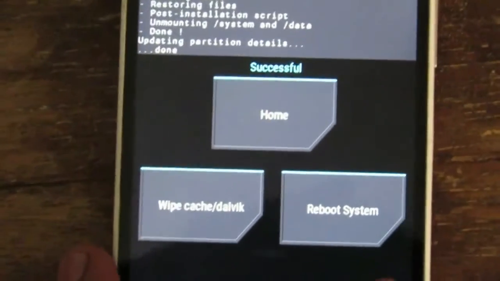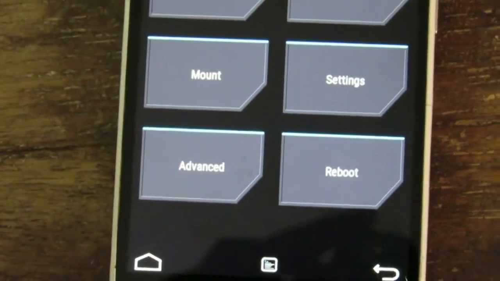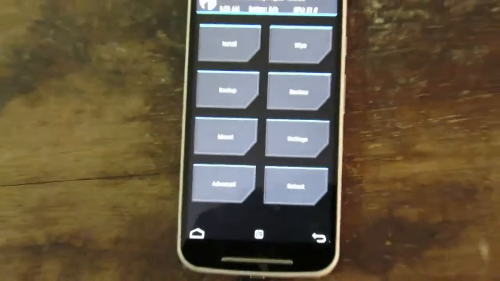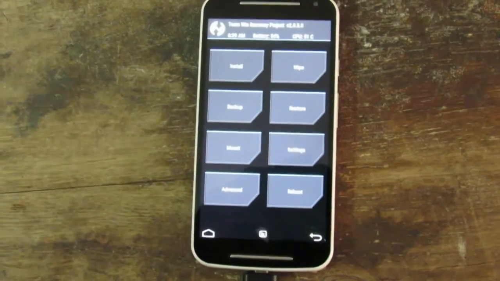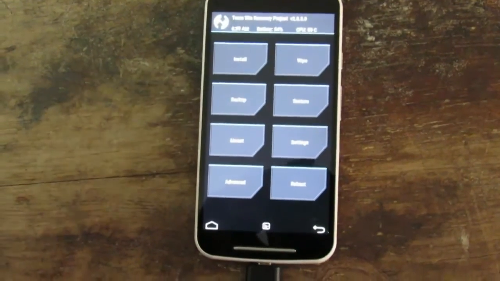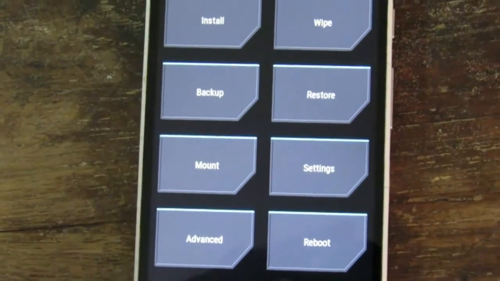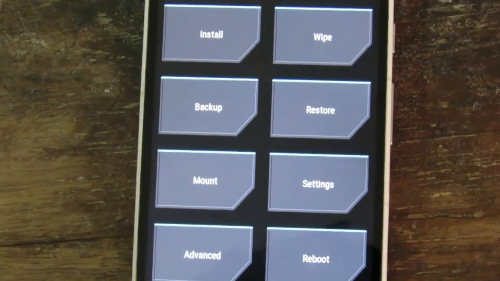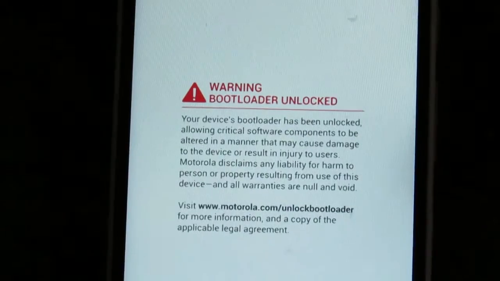Now go back and now reboot your system, and once you reboot, see if network appears. If you don't get the network, then I have uploaded a video on how to get back the network. So please watch it and continue the procedure to get back the network. You need to reboot now. So reboot the system and wait until it reboots completely.